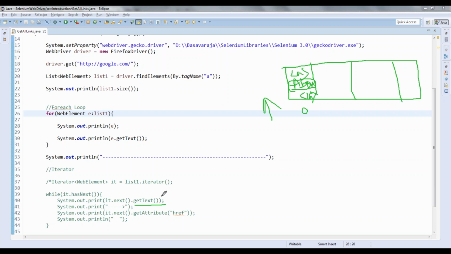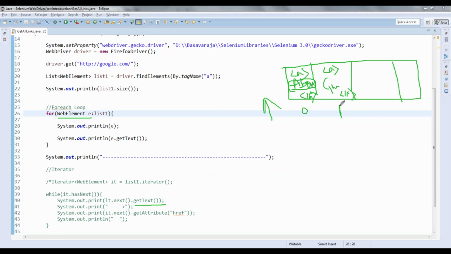So how will I call any method in a class? Using the object. So which object do I have to use? I have to use the web element object, because this method get text is there inside the web element class. That's all I am doing here. And then after that I am going to the first element. If it is having Gmail, it will be having the same format, a Gmail and a, like this.